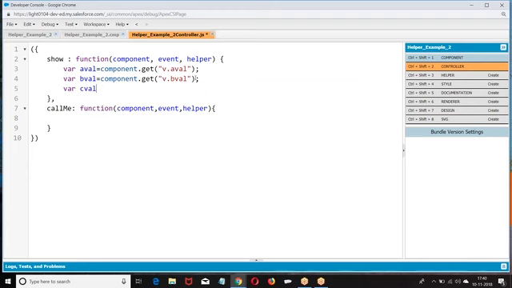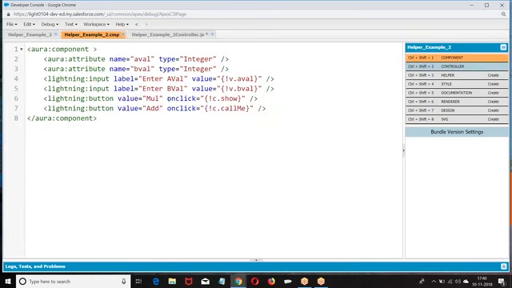Then I want to perform c equal to a plus b, or else I'll make it more interesting here. Instead of giving this, I'll make it as ID.